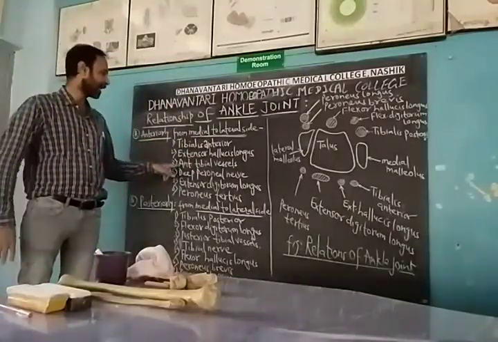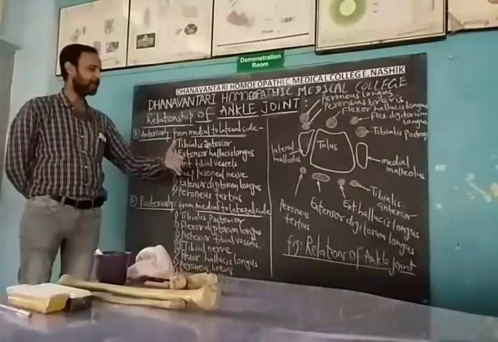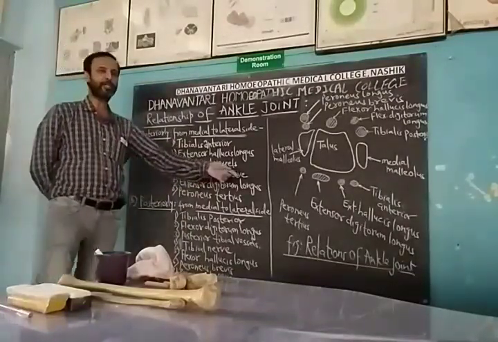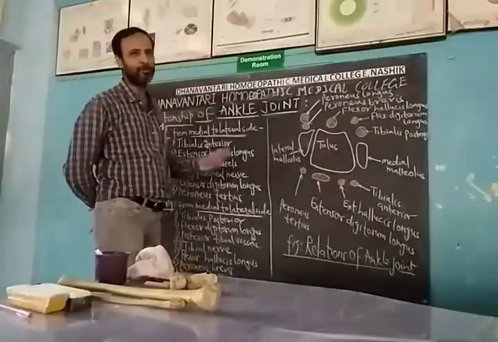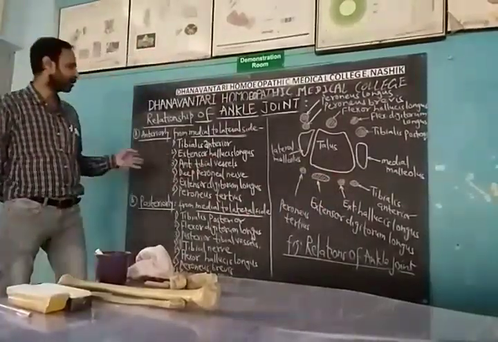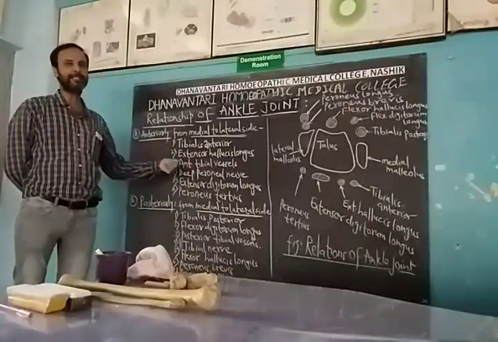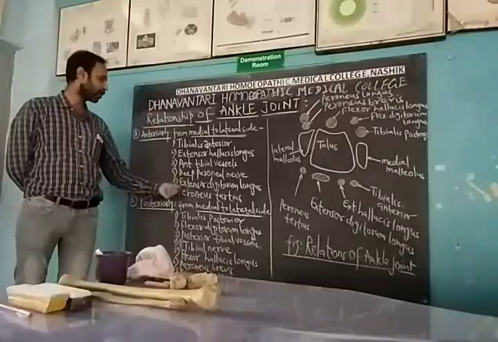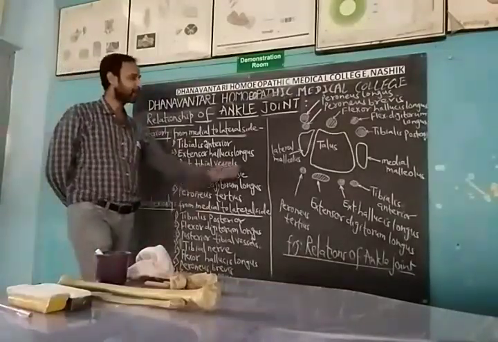And the vessels are anterior tibial vessels anteriorly, and the deep peroneal nerve. So these are the six relations we are finding anteriorly. Four tendons, and then the anterior tibial vessels and the deep peroneal nerve. So tibialis anterior, extensor hallucis longus, extensor digitorum longus, and the peroneus tertius. Very simple, this relation. Then posteriorly, this is now the posterior.